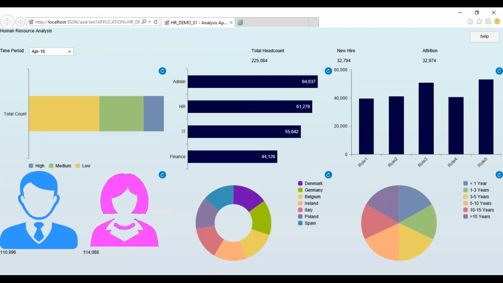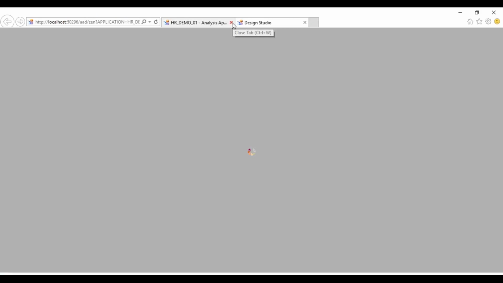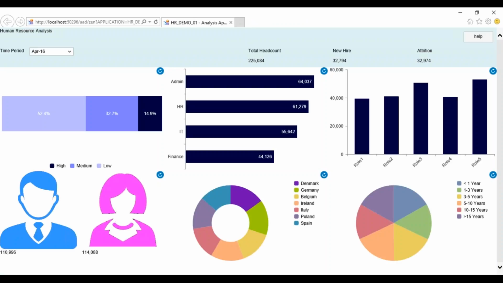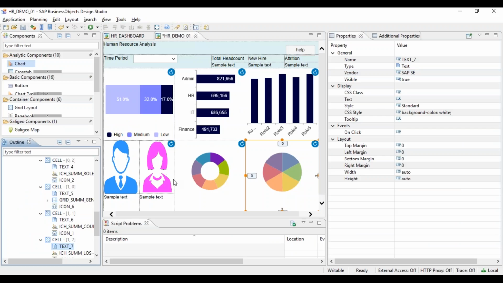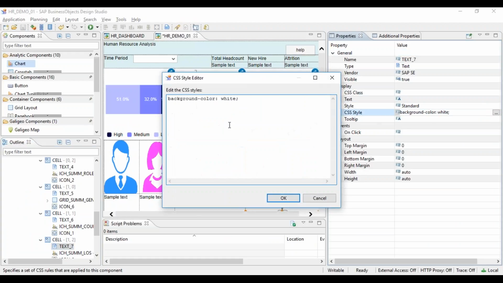So if we run, now we have background for each chart, but there is no space between, right? So we can give some space in between so that there is some separation for each chart. Either you can put a line between it, or you can put a border also using CSS.